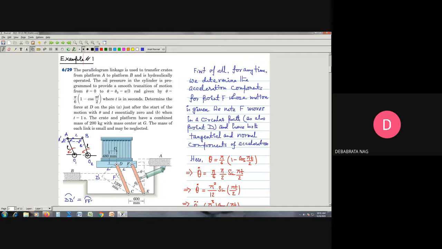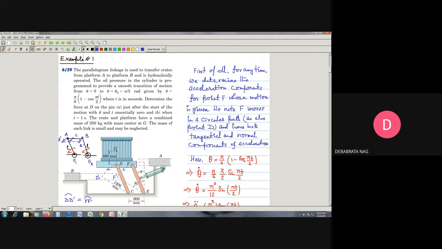First of all, for any time, we can determine the acceleration components because we are fitting the whole thing to this crank. Actually, we can find out the acceleration components for the point F. But since we have identified that this system is undergoing a curvilinear translational motion, those acceleration components must also be equal to the corresponding acceleration components for any other point on this system, and can be treated as the acceleration components of the center of mass G here as well.